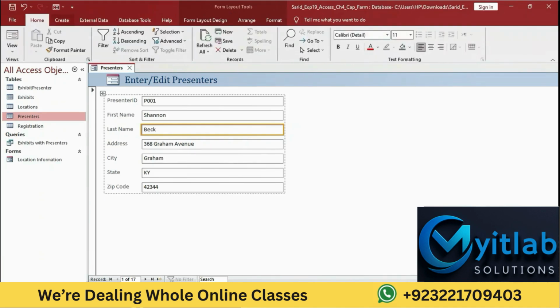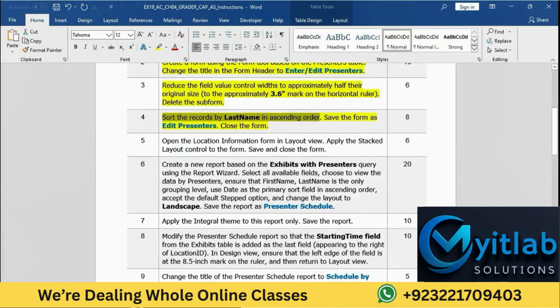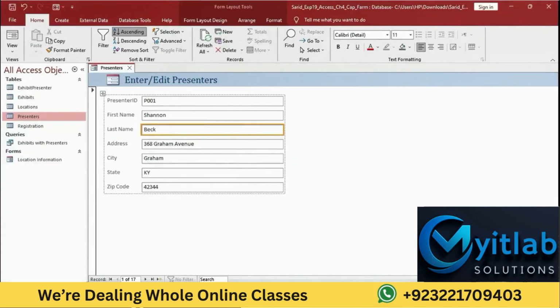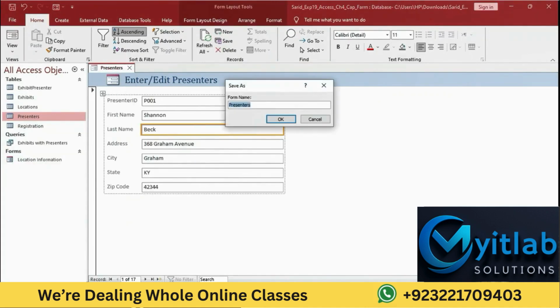Click on the Home tab and then sort Last Name in ascending order. Save the form as Added Presenters. Right click on this and save as Added Presenters.